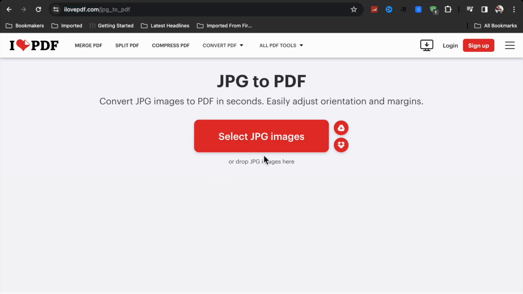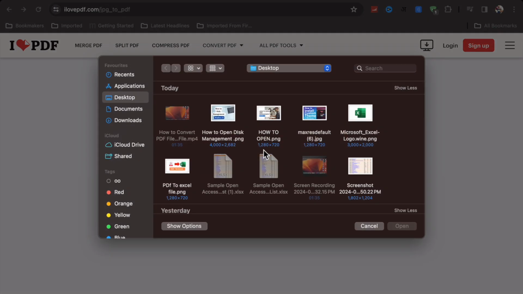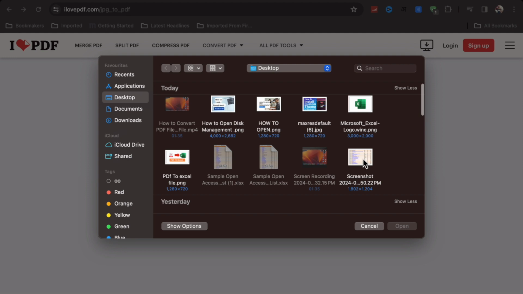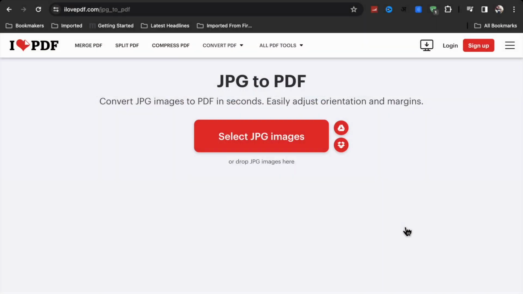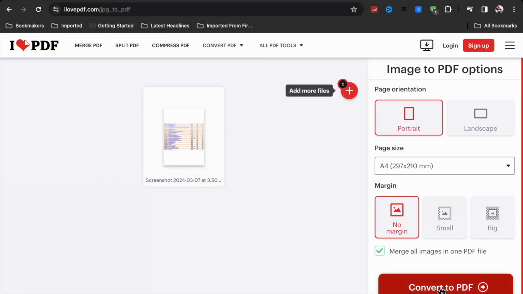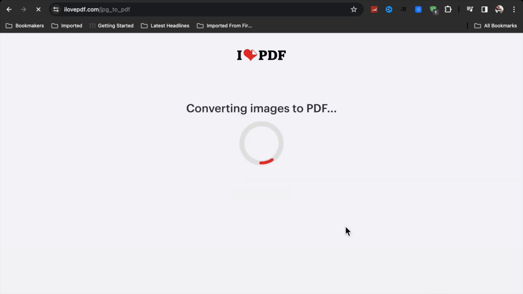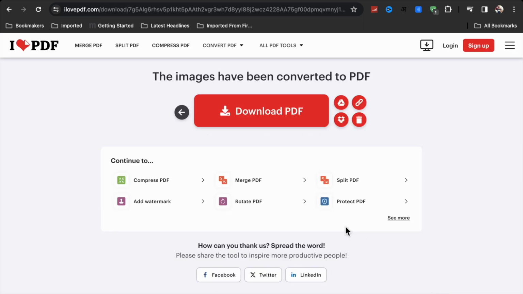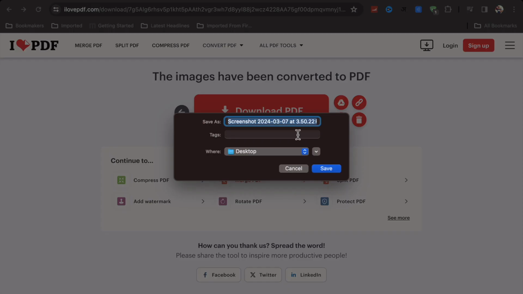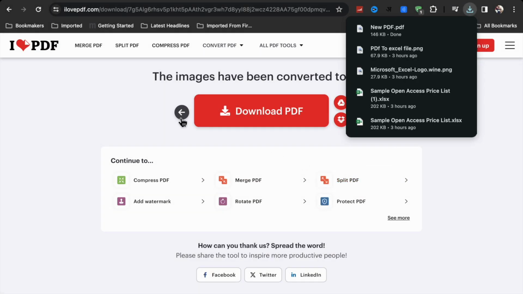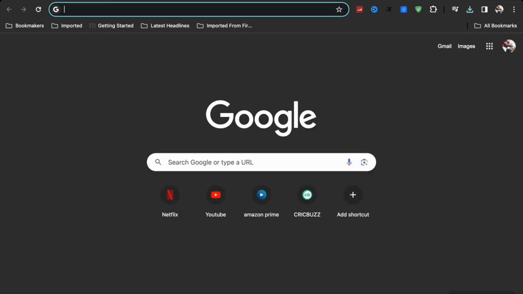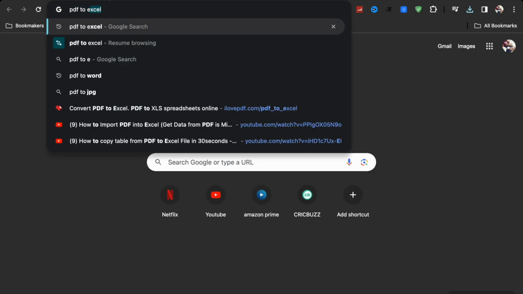Okay, so now I'm going to select that image to convert into PDF. Okay, now click on convert to PDF. Okay, now after that what you have to do, just download it as a new PDF. Okay, click on save, and now you have to search PDF to Excel, PDF to Excel,